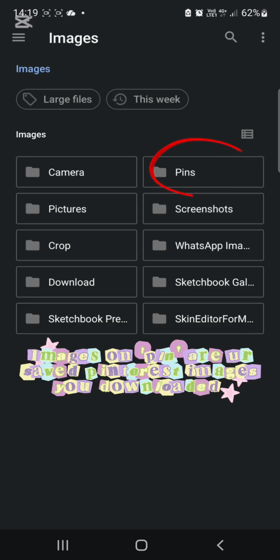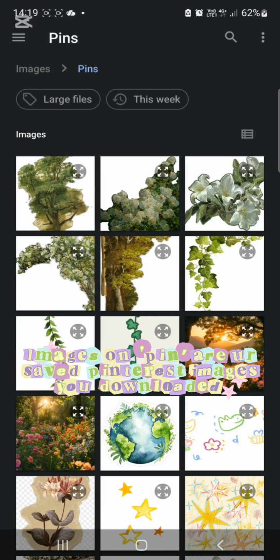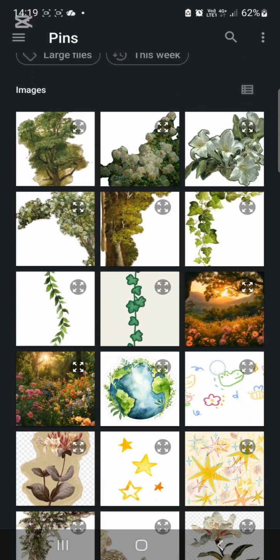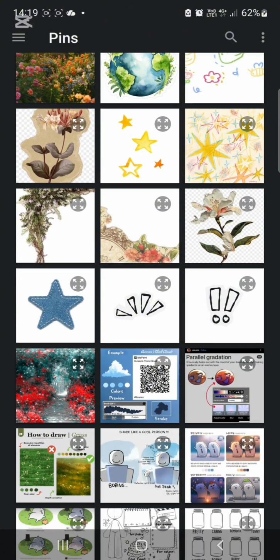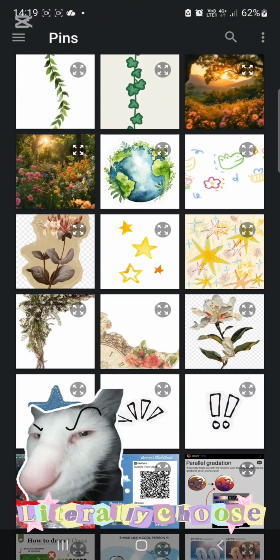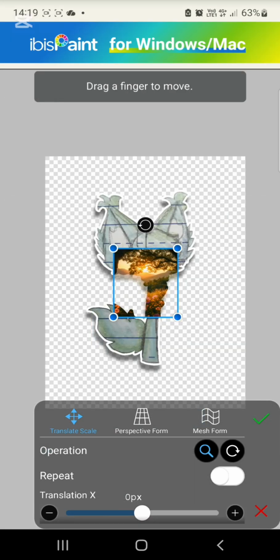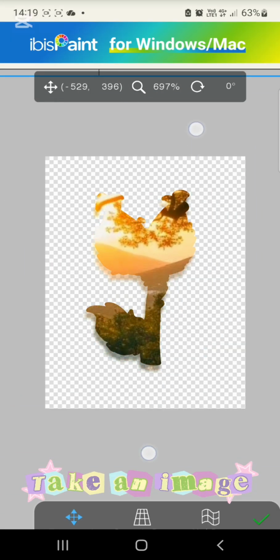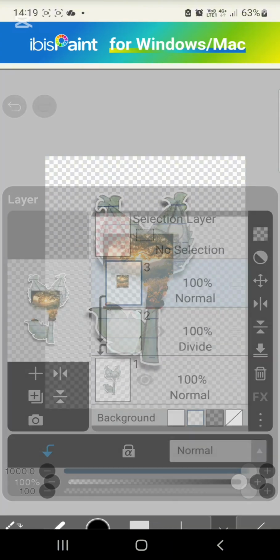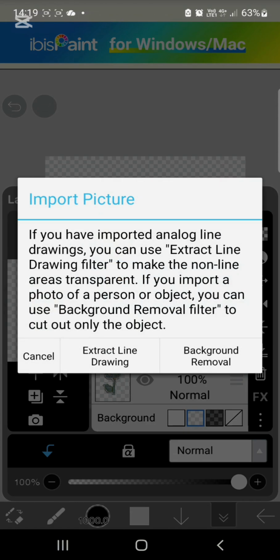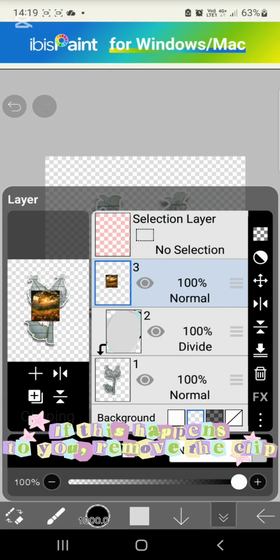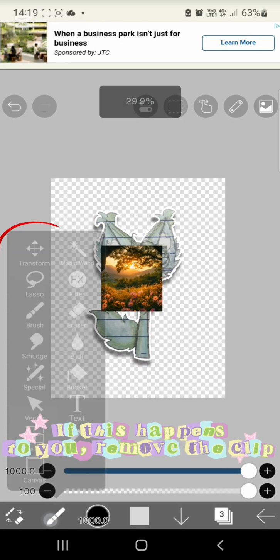Images on pin are your saved Pinterest images you downloaded. Literally choose, take an image. If this happens to you, remove the clip.